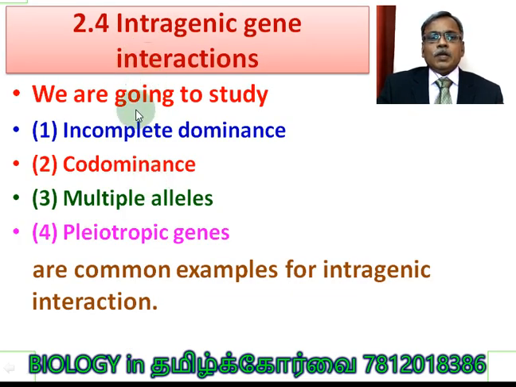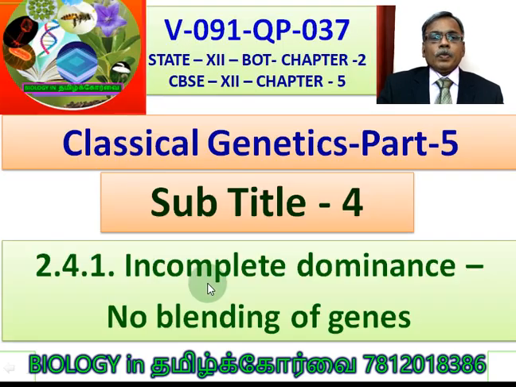Intragenic gene interaction, we are going to study in the state board book in 4 categories. One is incomplete dominance. In this video we are going to completely cover incomplete dominance with respect to the state board and CBSE book. Codominance, multiple alleles, and pleiotropic genes are common examples of intragenic interaction. So first we are going to cover